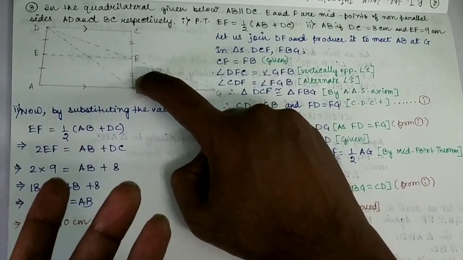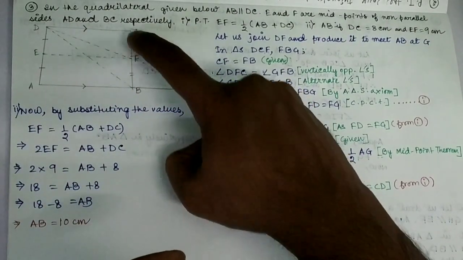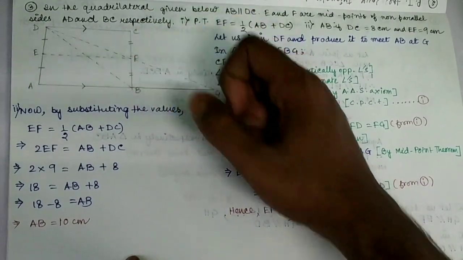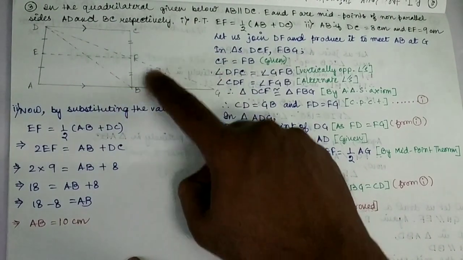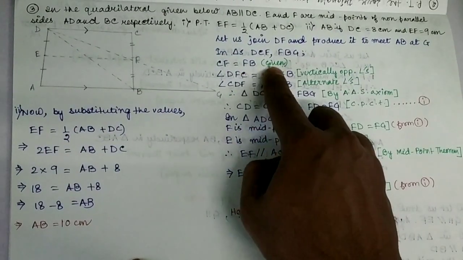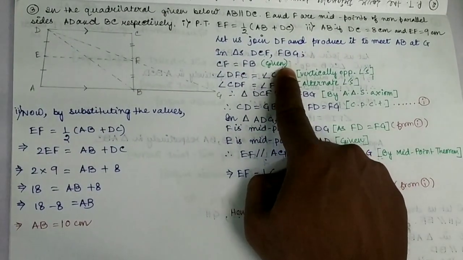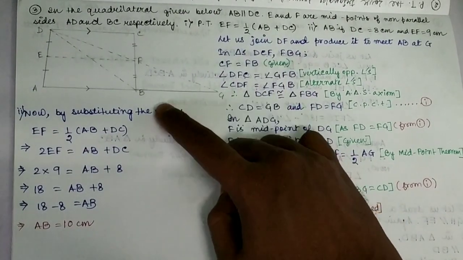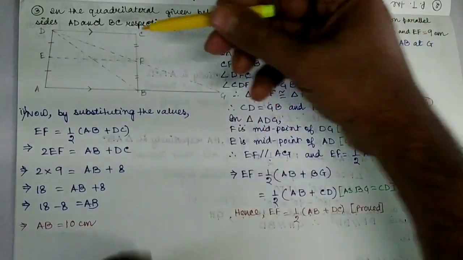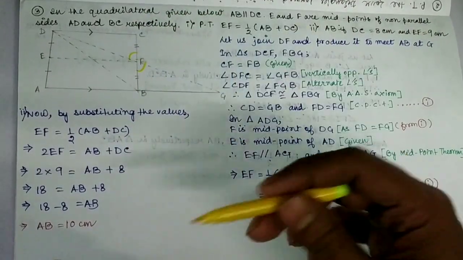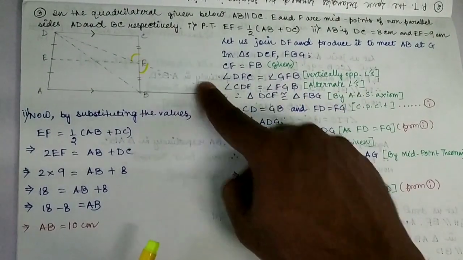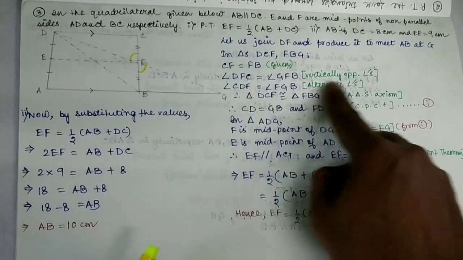And in the previous video on congruency, I have already explained the meaning of this sign. It means that this side FC is the same in length as this side FB. So our first point will be CF equal to FB, and it was given in our diagram. That's why we have written it as given, meaning it is given in the question. Next will be angle DFC, which will be equal to angle BFG. Why? Because they are vertically opposite. So DFC equals BFG, vertically opposite.